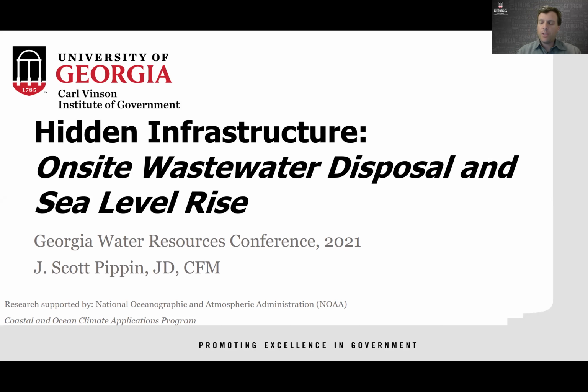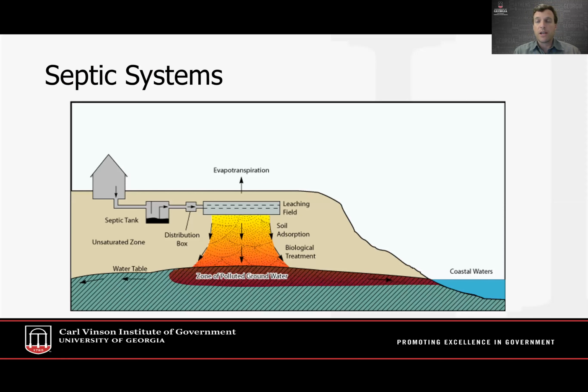If you've tuned into this presentation, you're probably basically familiar with how a septic system operates, but just by way of background, in case you're not, a septic system really is two pieces of equipment. It consists of a septic tank that receives wastewater, generally from a residential structure. And in that tank, heavier solid materials generally settle to the bottom, and the liquid effluent, as it's called, flows out of the tank and into a drain field or leach field, where the water then percolates through some sort